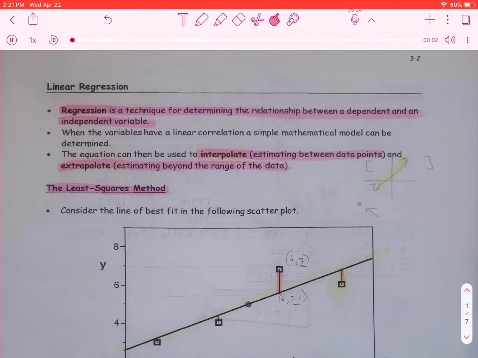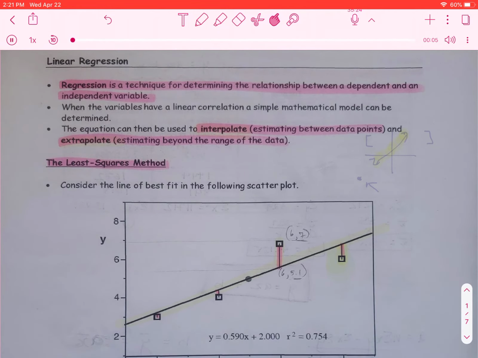Hey guys, good afternoon. I'm going to talk to you today about 3.2 and 3.3, which continues on from our two variable stats unit. So for the purpose of this activity, I will upload as well your blank copies of